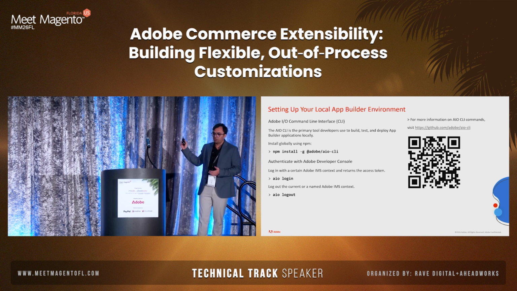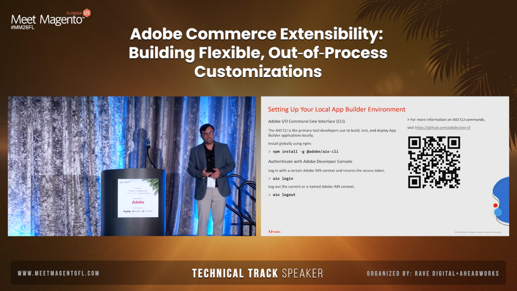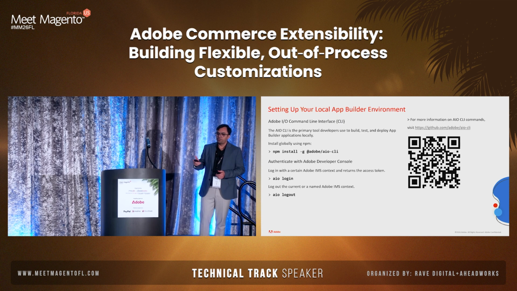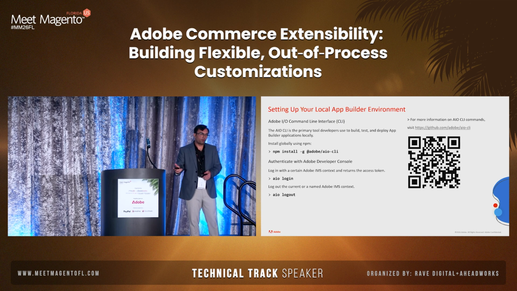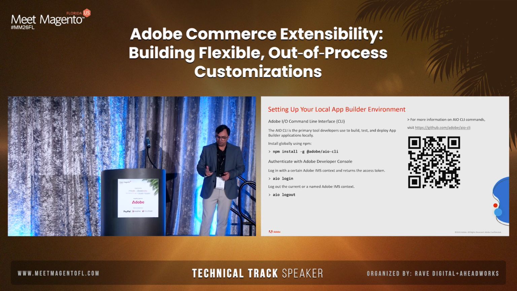It gets installed globally on your machine, so once you install it, you do not have to install it again and again. Make sure that you use aio login and logout to log into a specific workspace. Choose the right org